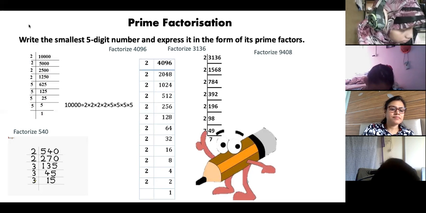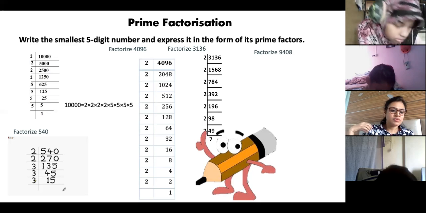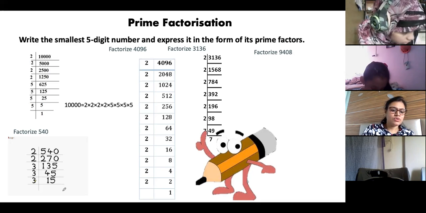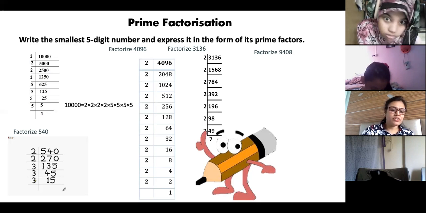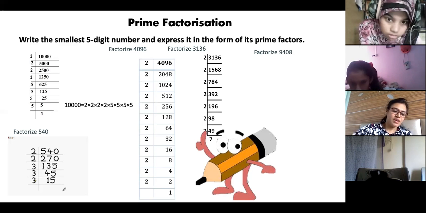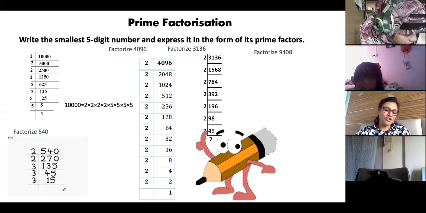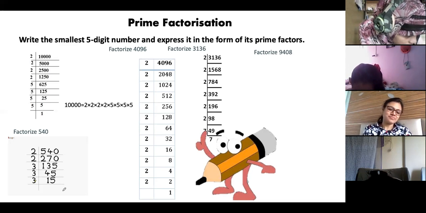My division was right, but I just by mistake wrote an extra 2. You copied it wrongly. No, I'm not copying her. Brilliant. Very nice effort. Fantastic. Ali, can you please read the sentence again?